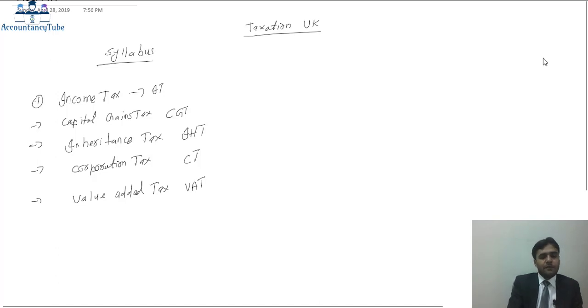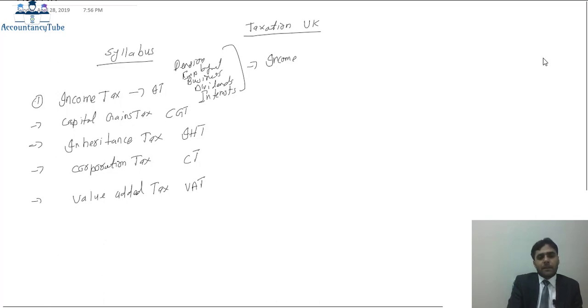Income could be earned from many different sources. Say, for example, it could be pension, it could be employment, it could be business, it could be shares and you are earning dividend out of that. It could be interest income, which you can earn by putting money in a bank account. So regardless of the source of income, whatever income you are earning, you'll have to pay income tax on that. Okay, so that is called income tax.